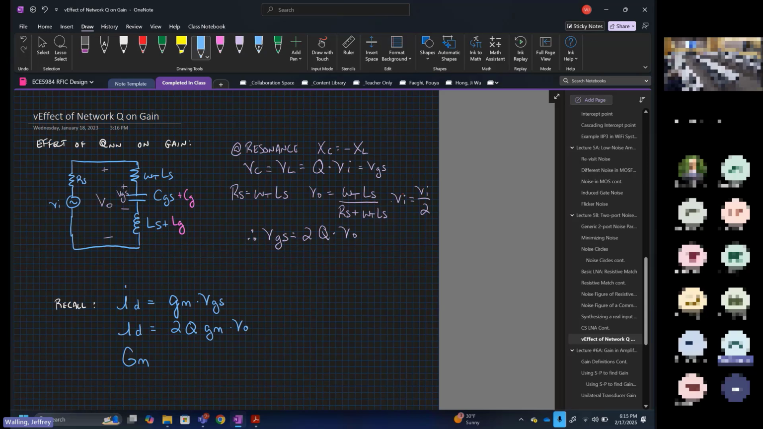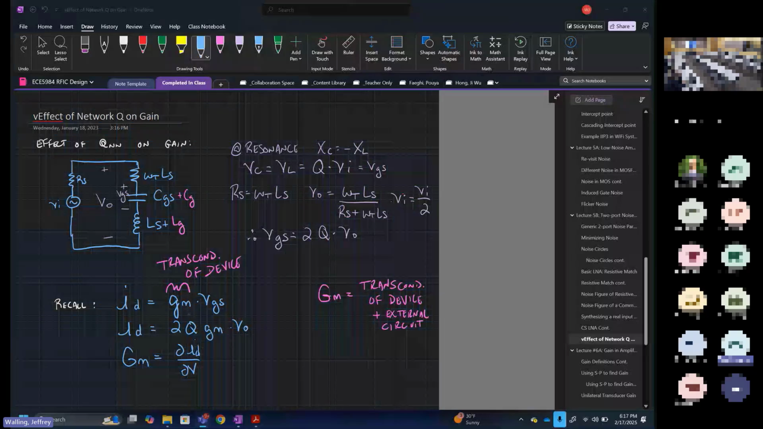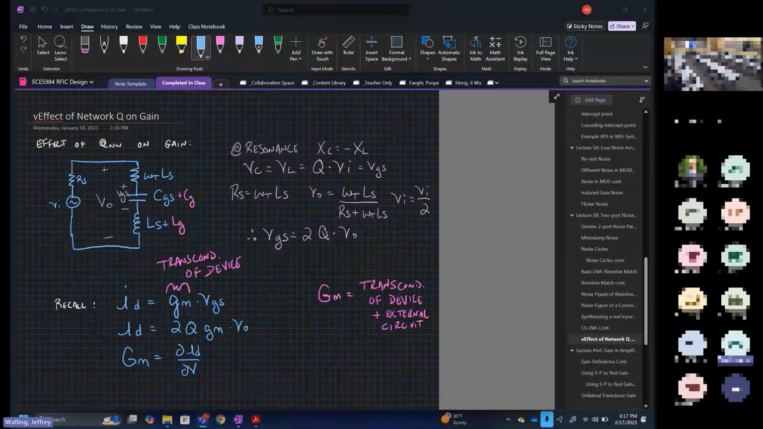So just to go back, we were talking about transconductance. So we have this term little GM. This is the transconductance just of the device. If we look at that small signal pi model that we looked at before, this is the GM associated just with the transistor itself. And big GM is the transconductance of the device plus external circuitry. We normally define these the same way. Little GM is defined as DID by dVGS, where we don't have any external circuitry. And big GM is going to be defined as